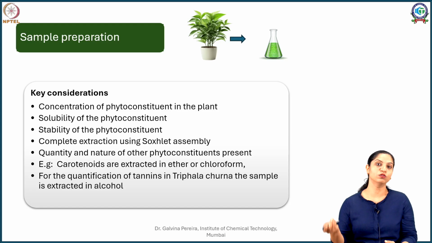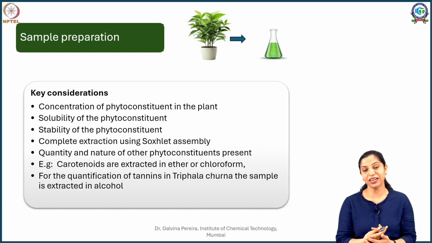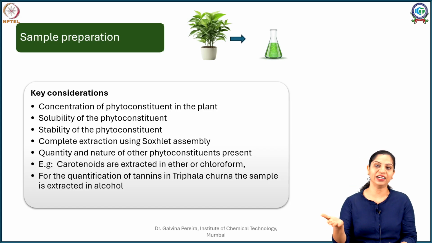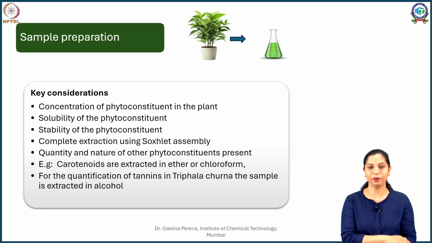So, the Soxhlet method uses a Soxhlet assembly. We will not go deep into extraction here, but the Soxhlet assembly acts in a way that the sample is always subjected to fresh solvent, and as a result a complete extraction of your component happens. So you need not worry about the volume of solvent. The assembly will recycle the same solvent and extract more and more of your compound. So in most analytical methods where your compound is heat stable, the sample preparation is done using a Soxhlet assembly